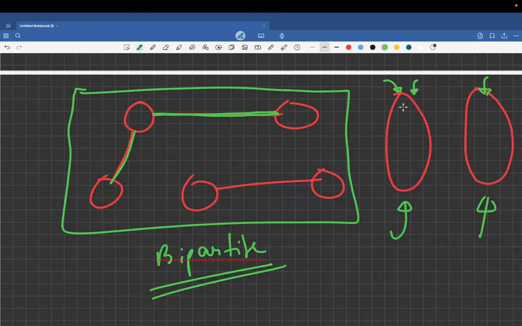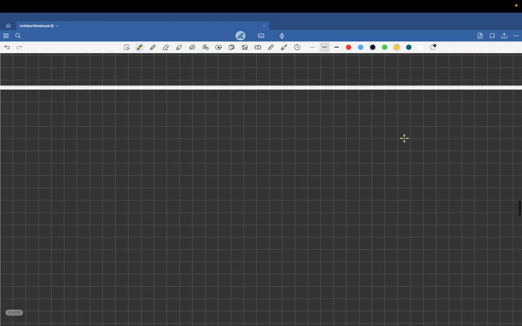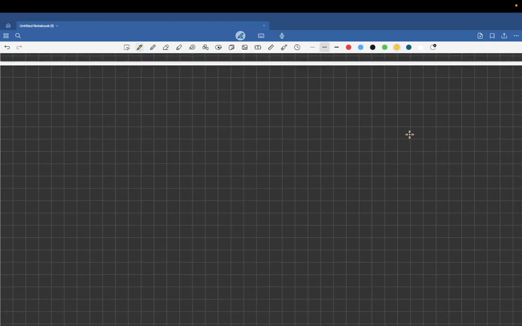And in one group, you will keep the nodes of the same color. Like let's suppose I color this with green, and these nodes are 1 and 4. So 1 and 4 will come in the first group. And let's suppose I color these with yellow, and these nodes were 2, 3, and 5. Then 2, 3, and 5 will come in the other group. And this is how I will divide the two groups. I hope this thing is clear. Now the only question that remains is how we actually divide the groups.